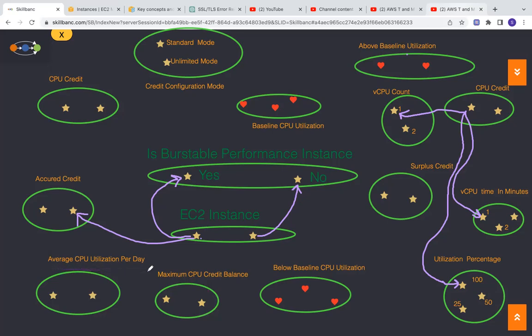Within a day, if you spend more, let's say you accrued 10, but you used 20, so you used an extra 10. That extra 10 will be charged if the average on that day is